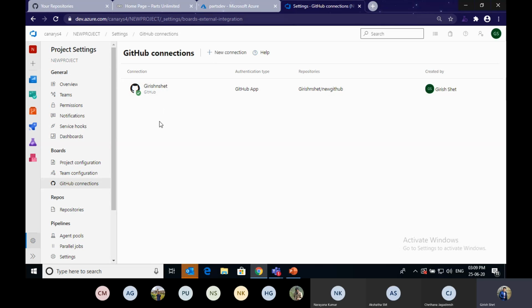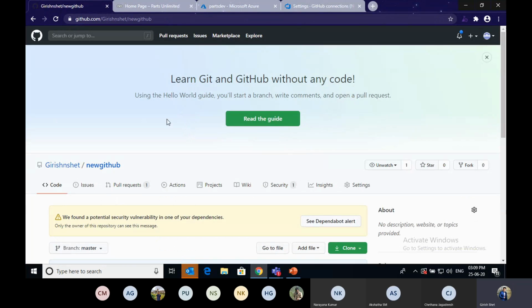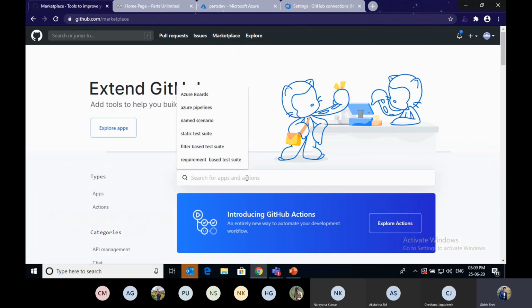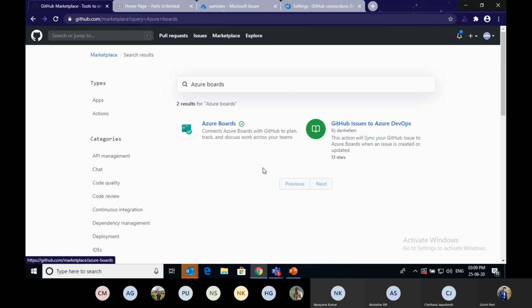I'm going to show another way. For that, you have to go to your repository. This is my repository, New GitHub. There is an option called Marketplace extension. You have to click this one. You have to search for the Azure Boards app.